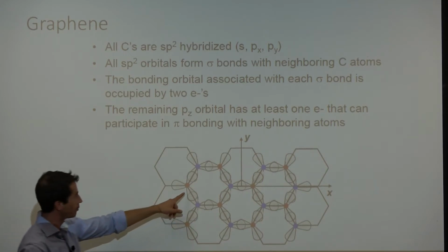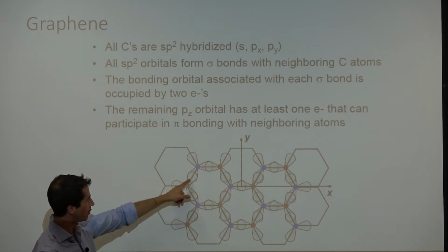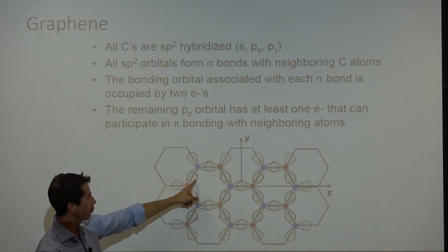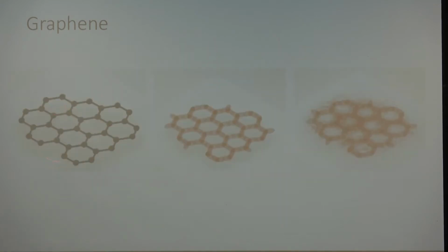So there's an sp2 here, an sp2 here, and an sp2 orbital there. So when I first saw these years ago, and you looked at just what graphene looked something like this,